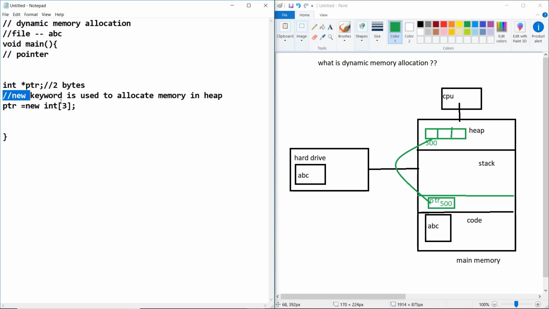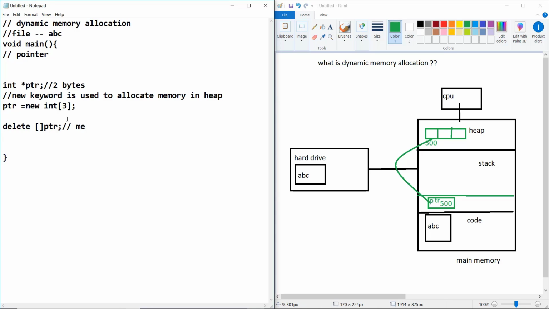The most important point is that whenever you use heap memory, just delete it, otherwise the situation would be a memory leak.